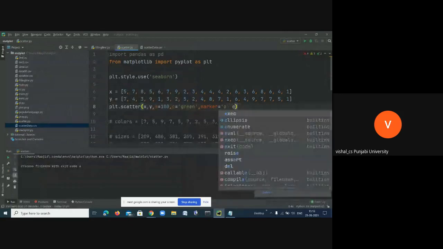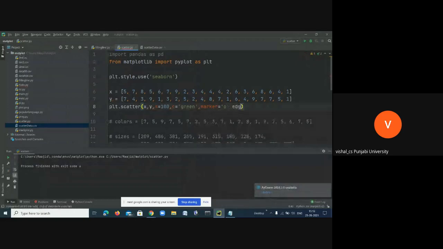That is known as edgecolors. Okay, and you can give any color. Suppose you can give black.